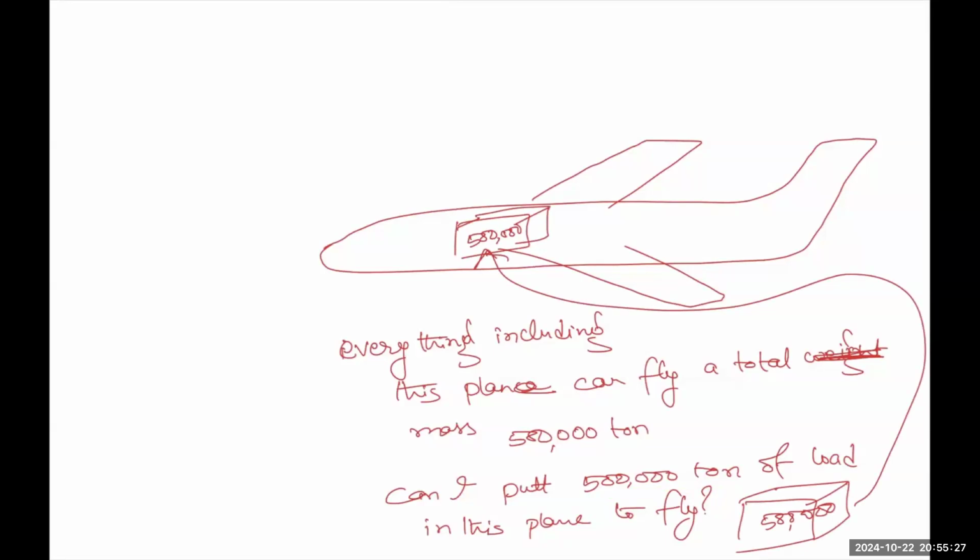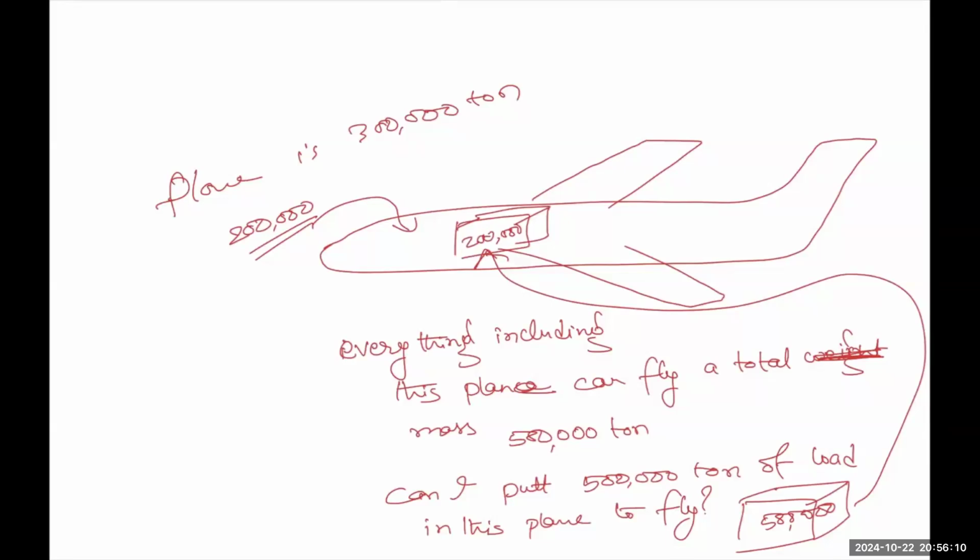So what weight do I need to subtract? I need to subtract the weight of the plane. If the plane is, suppose, 300,000 ton, then how much room do I have to put in this plane? How much load can I put? 200,000, right? Can I put all 200,000 load in this plane now? I think so. Okay, so then if I put all these 200,000 loads in this plane,